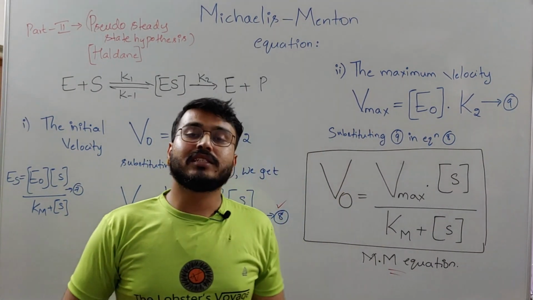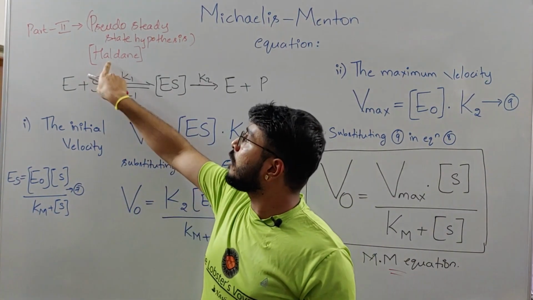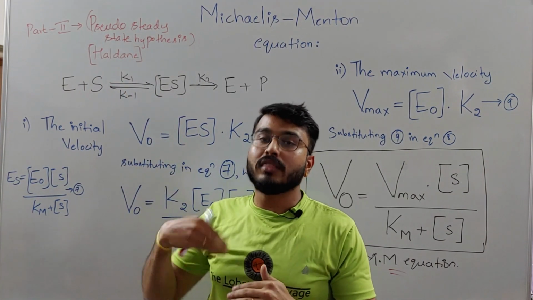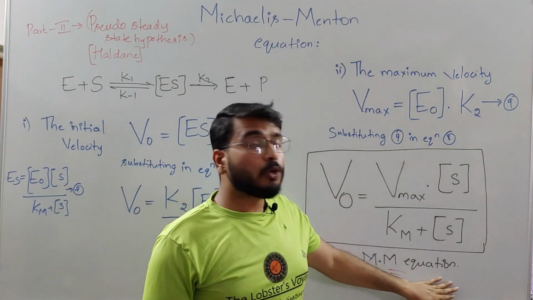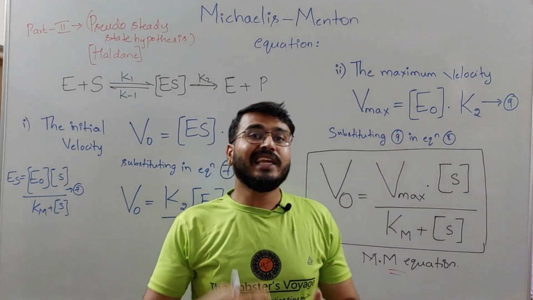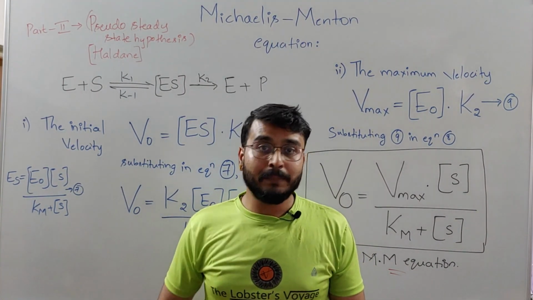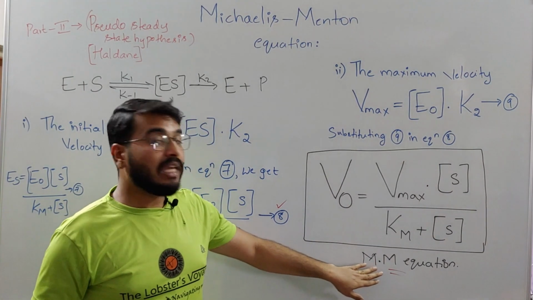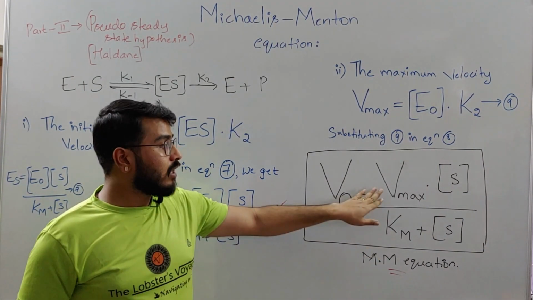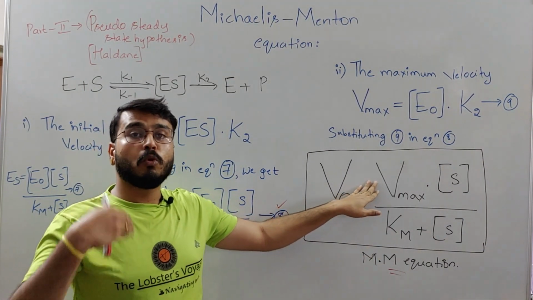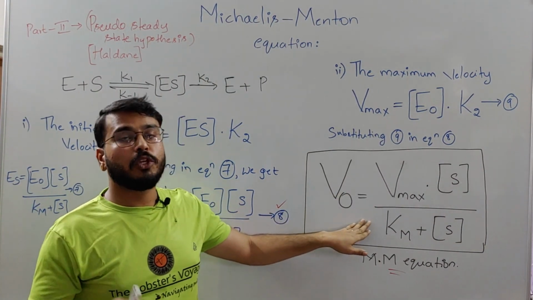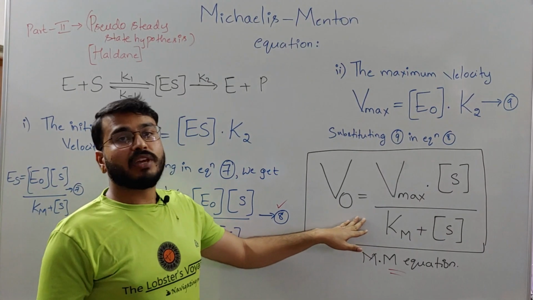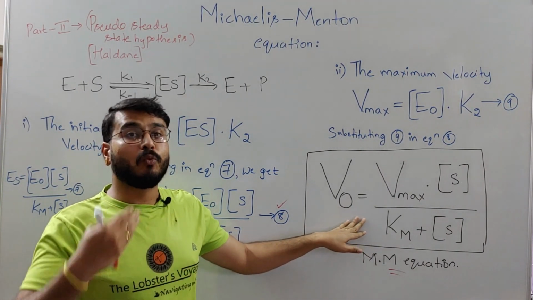Though the equation was derived by Haldane using the pseudo steady state hypothesis, it is considered to be the Michaelis-Menten equation because he is the one who derived it for the first time. This Michaelis-Menten equation gives us the rate of any chemical reaction that involves both first order kinetics and zeroth order kinetics, and it is very well used in calculating the rate of chemical reactions which involve more than one form of chemical reaction.